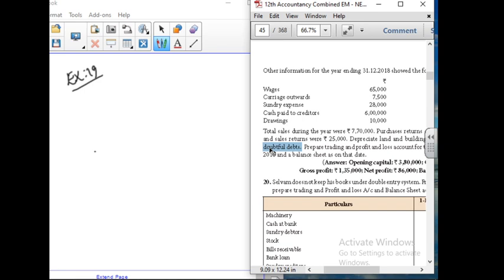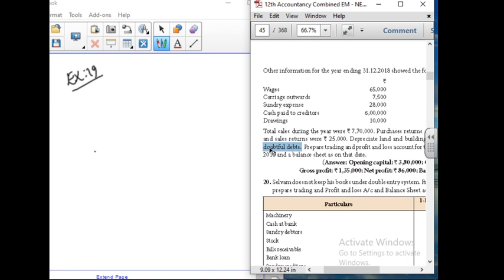So it comes twice in the final account. One, land and building will enter in the profit and loss account as a depreciation. Again here doubtful debts 1,500 will be written in the profit and loss account. Again in the balance sheet, land and building minus depreciation will be written, and sundry debtors minus doubtful debts. Here they have given in the amount, not in the percentage. So directly we are going to minus 1,500 and we have to create the balance sheet. These are the available information.